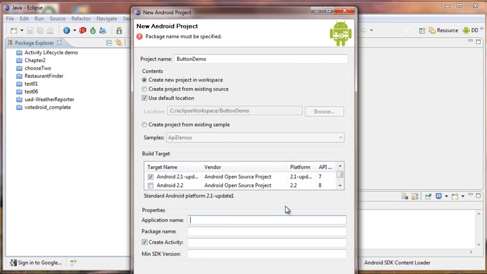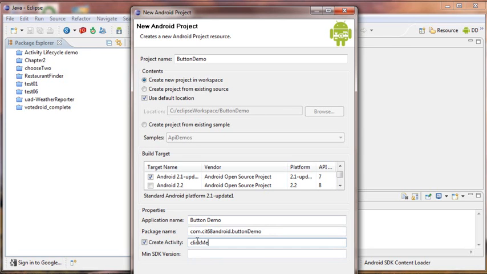Our application name is, there can be a space in that. Our package name will be com.cit68.demo. Create activity. Our activity is going to be called